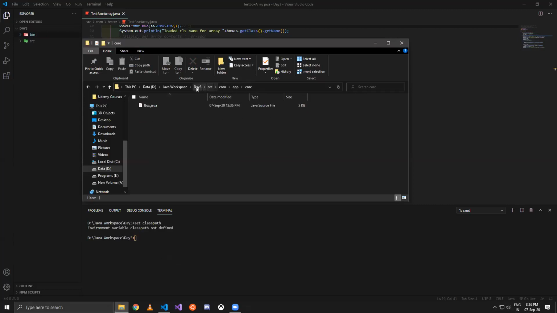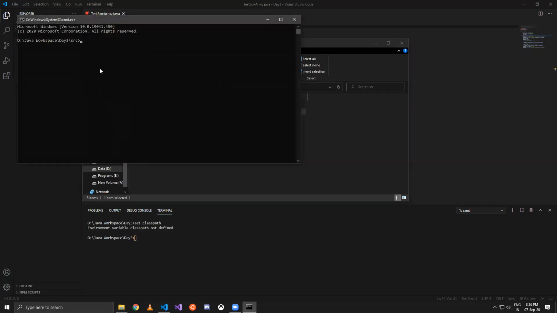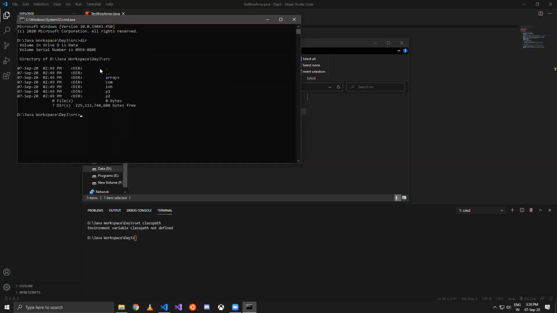Okay, so now let us open. What I'll do is, see what I'm doing is I'm going to SRC, compile always from SRC. So I'm going to SRC, opening the command prompt from here. And now let me just check whether I'm in the correct folder. Yes. So let's see whether your class path is set or not. It is set to, you have not added the dot. That's why it's the problem. So now, that much you do. I will give up the control. Yes, ma'am. Because I will just release the control.